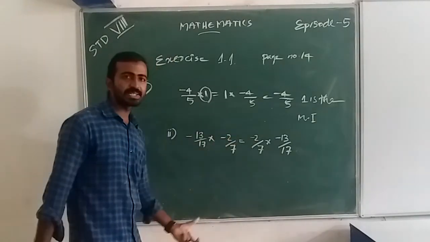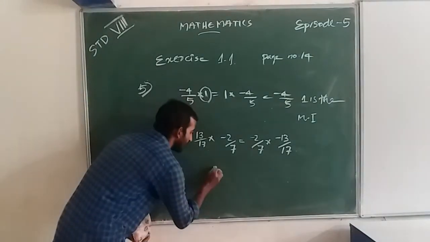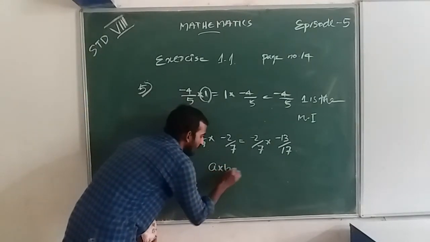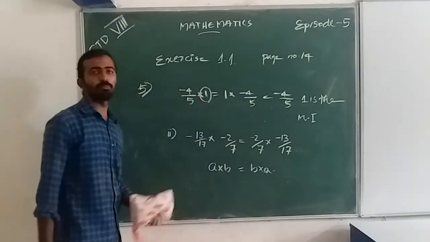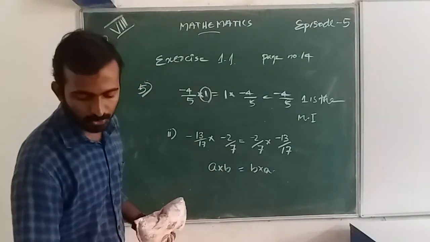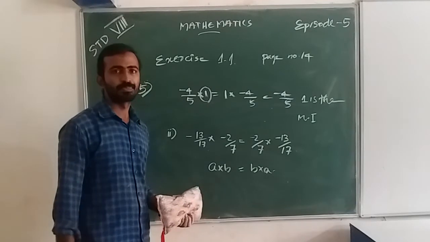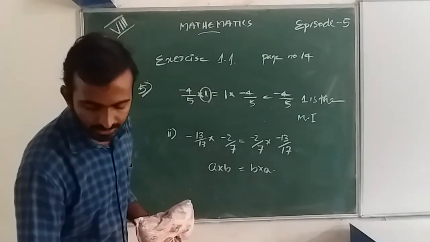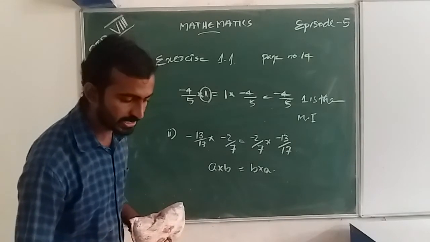Here the property is called commutative. That is, generally A into B equal to B into A. Here we write A into B equal to B into A. This property's name is commutative. And the third one, what is the third one? Third question is